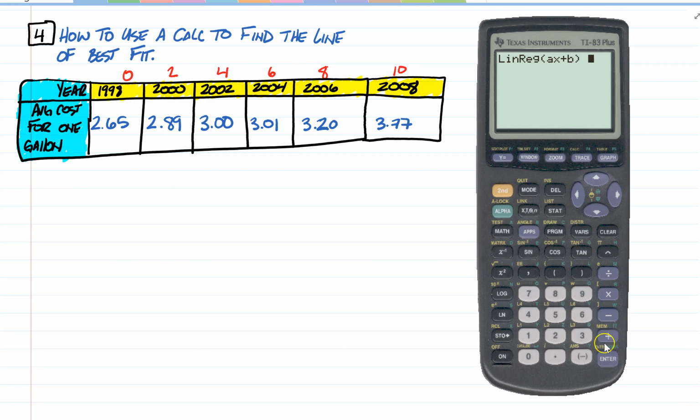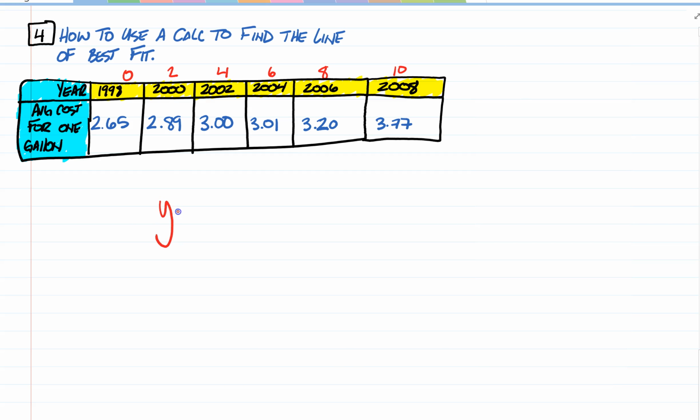It gives me linear regression of AX plus B, and it has now calculated the line of best fit. This says Y equals AX plus B. The A value is 0.093 and the B value is 2.61. So for an answer, I would have the line of best fit was that Y would equal